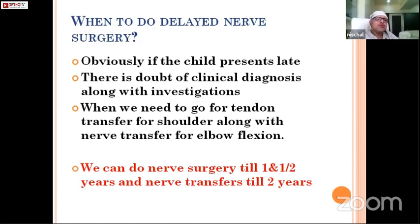When we need to do tendon transfer for shoulder and nerve transfer for elbow flexion, like you are getting very good shoulder function but not a good elbow flexion, then you may go in little late. This is in case of C5 C6 injury. Now